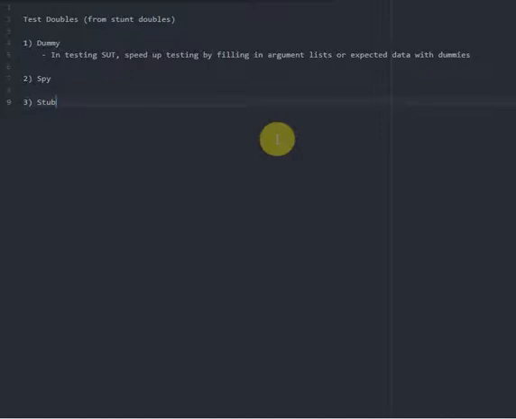A stub is a fake object that acts like a collaborating object for a system under test, and it gives prearranged responses. So it might be the server collaborating object that responds, or it might just be a general collaborating object